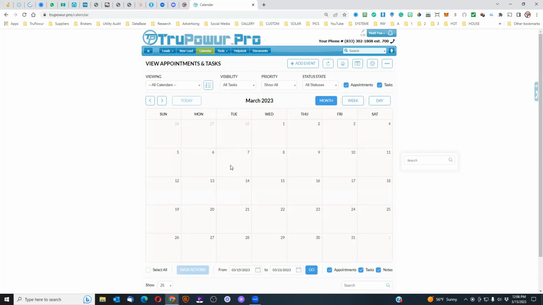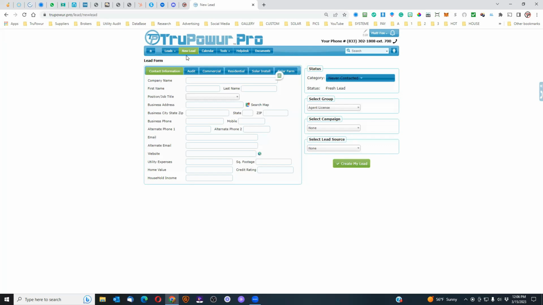So it'll always keep you posted as to what your schedule is. If you happen to have a warm lead or somebody that you generated, a self-generated lead, and you want to add that into the system, all you have to do is click on a new lead. You can enter that customer's information in there. I would tell you that under the lead source, I would set that as self-sourced, and then obviously select whether it's residential or commercial, and then be sure to create that lead and save it so that you know that